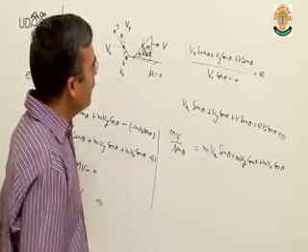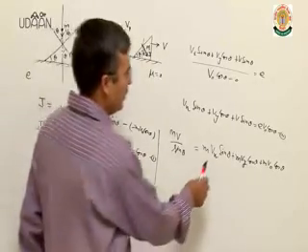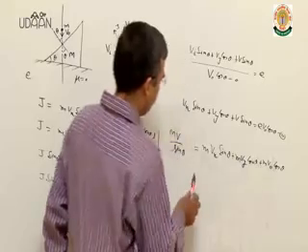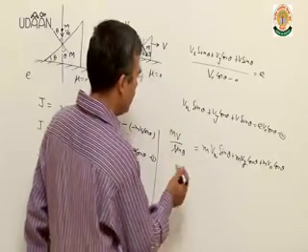Clear? If you divide this equation by small m, you will get